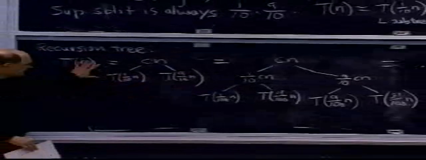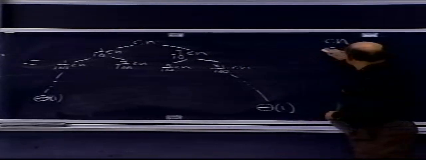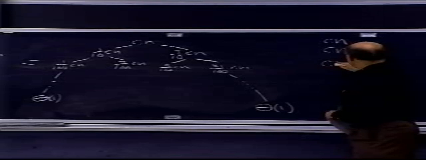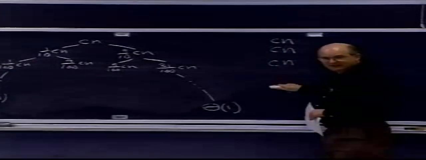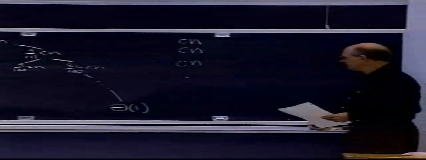So in the recursion tree method, I then add across this way. Okay? So this is equal to everything that was over here. It's equal to the same thing, which is T of n. That's my invariant. So if I add up everything in this tree, I'm going to get what T of n is. So I add up across this way, and I get Cn for the first level. What do I get for the second level? Cn. What do I get for the third level? Anybody care to guess what I get for each of the levels in the dot, dot, dot? Cn. Okay, good.